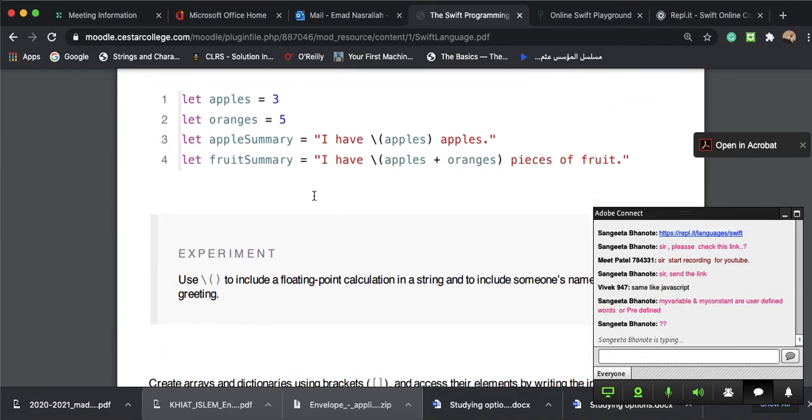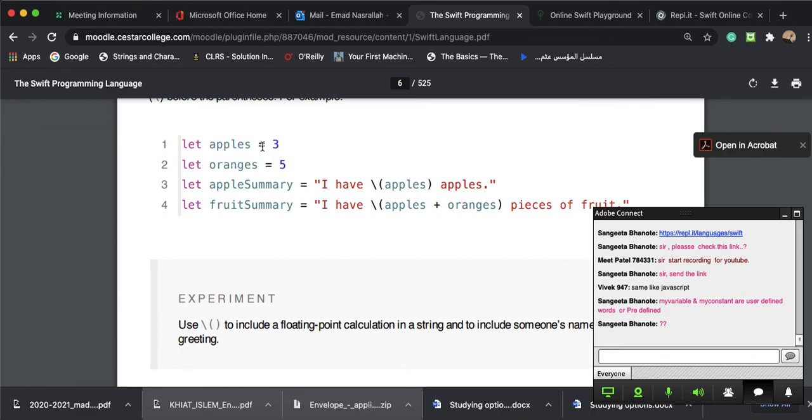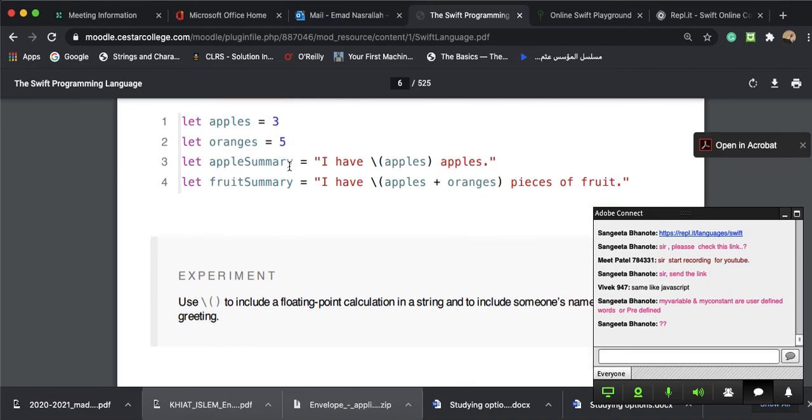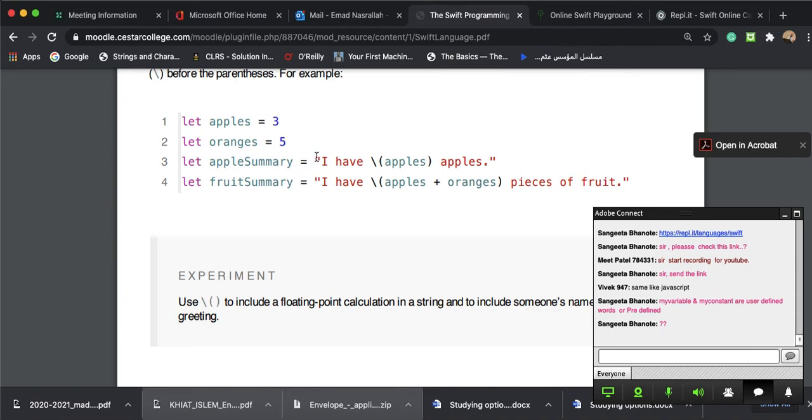Look at this example. Now, let apples equal 3. Apples is integer. Let oranges equals 5. Oranges is integer. Let apple summary equals quotation. Quotation means it's string. I have slash and between parentheses the word apples, then apples. Anytime you have a string and you want to merge a value within the string,